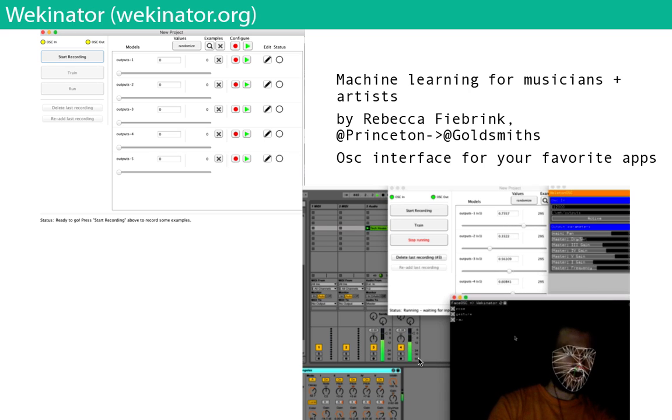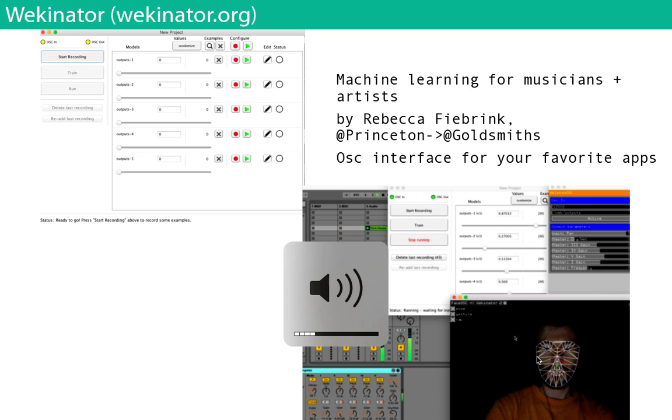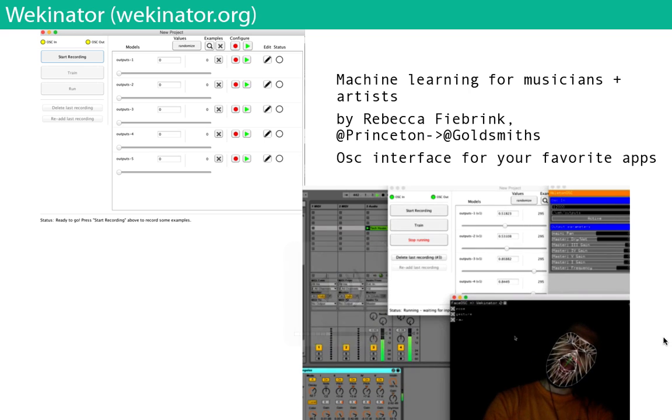Ableton Live is a music-making application, and you have all your instruments and your sounds and your filters and whatever. If you adjust different values like knobs, you affect the sound. So what we do here is I map Face Tracker as an input to a neural network, and then the outputs control Ableton. As I move my face around, I change the sound of Ableton. You can kind of see that going on. You can kind of see the correspondence, right?